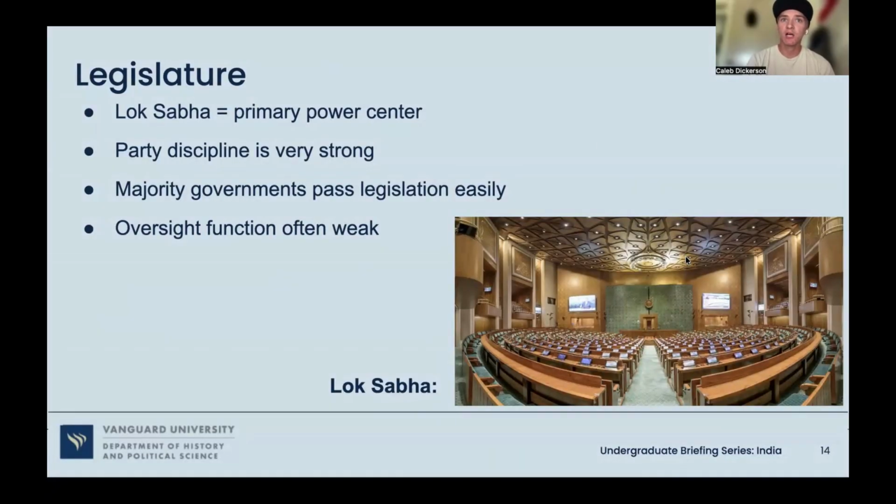The legislative branch often acts more as a support mechanism for the executive than as a check on it. Party discipline is extremely strong. It means members are more likely to vote with their party; they're not going to vote against it. Unlike the United States, where we see some independence and people often go across party lines. A good example of this is the 2020 Farm Bill. It was passed quickly with limited debate. There were a lot of opposition protests outside of the legislature. This differs from the US Congress, where we see a lot more gridlock.